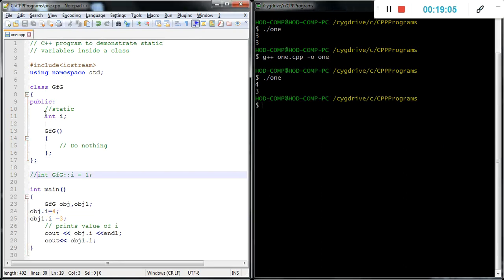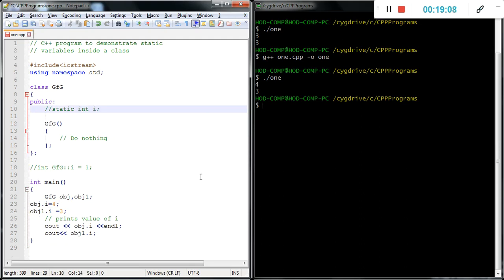When we define a variable as a static variable under the class, and we create two objects to access it, or you want to initialize the static variable, you need to initialize it like this. Then if we initialize the value again under the main function, it will take the single value which was lastly initialized, and it prints the same value for both objects, because it's static. That is simply the process.